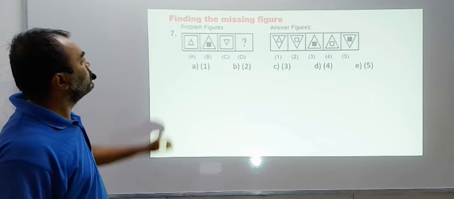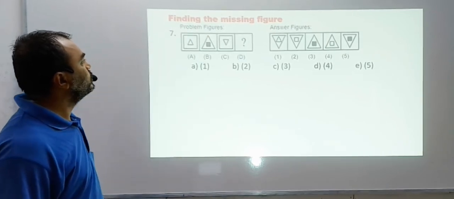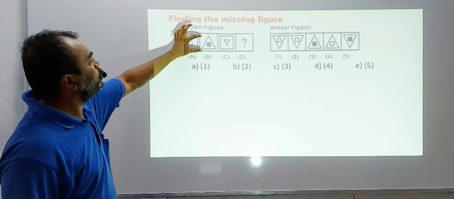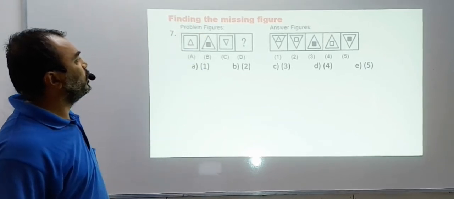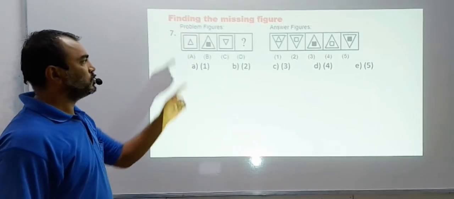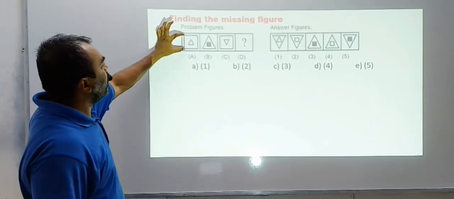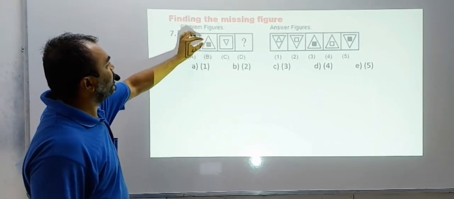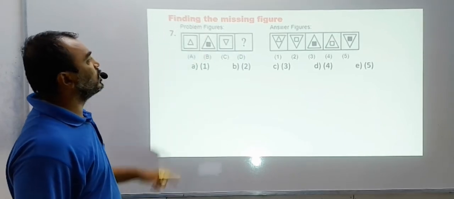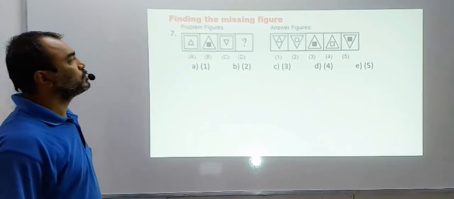Understand the pattern. Square, triangle, triangle, square. Okay? So the smaller triangle inside goes outside, but no color fill. The bigger figure becomes smaller with a color fill. So choose your options now. I have given you the logic. What is the logic? The outer figure goes inside with a color fill. The inner figure goes outside without a color fill. So using that pattern, find your answer.